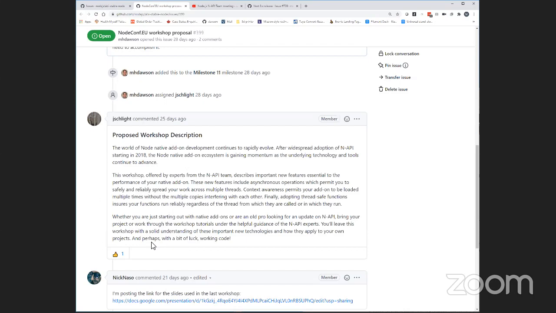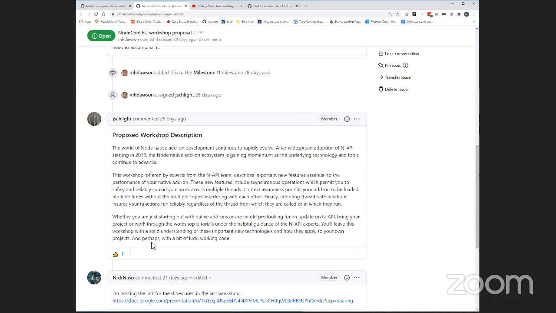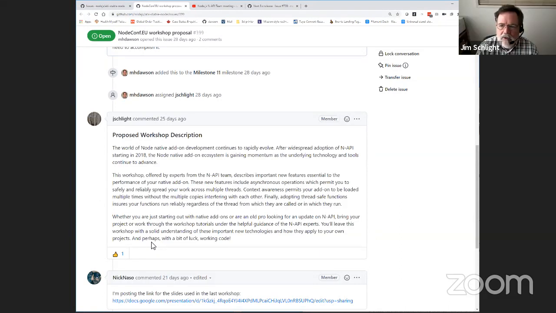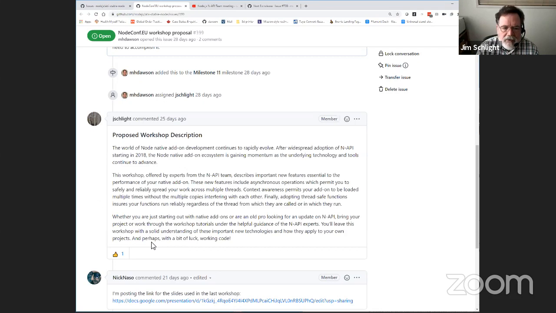Yeah. And then I like this. Sorry, go ahead, Gabriel. I was just going to say that we should embrace the fact that NAPI is becoming ubiquitous by not pointing out that it's an NAPI add-on, right? Okay, just an add-on. And then we can close with this workshop offered by the experts from the NAPI team, which might be the one place where we mention NAPI, right? Yes. Okay.